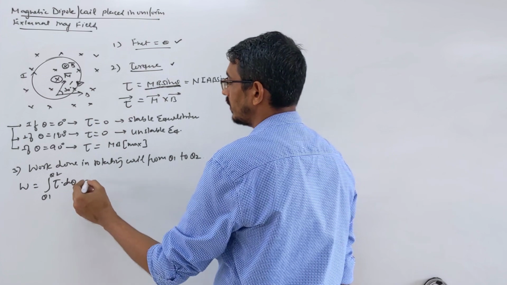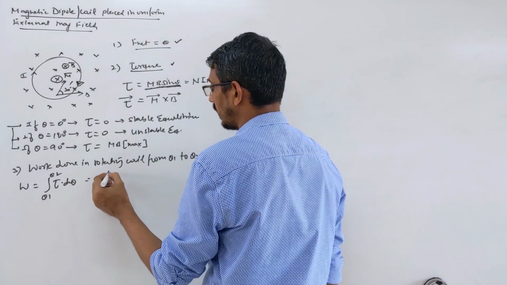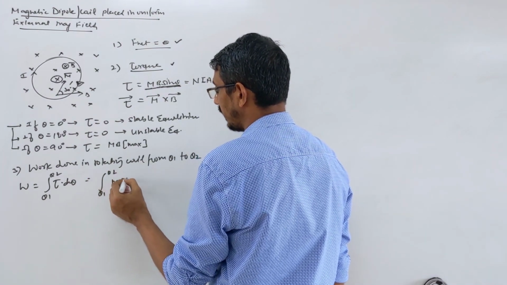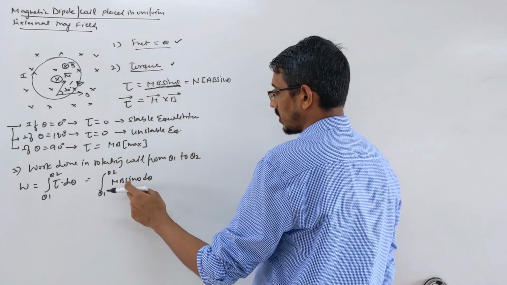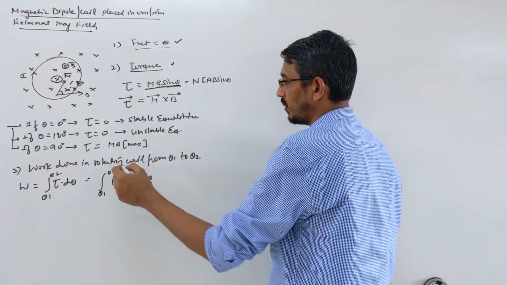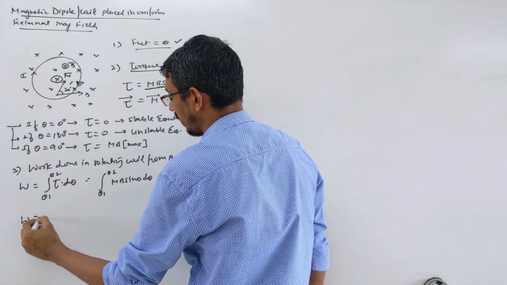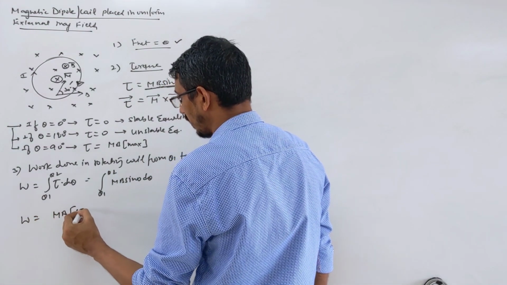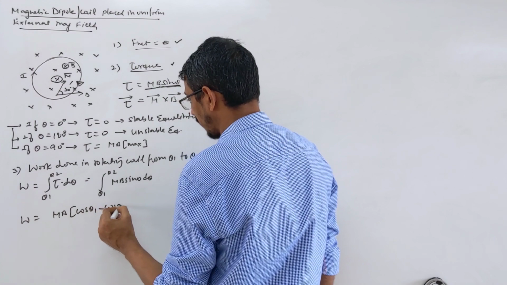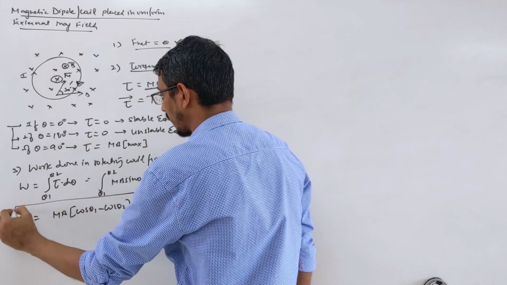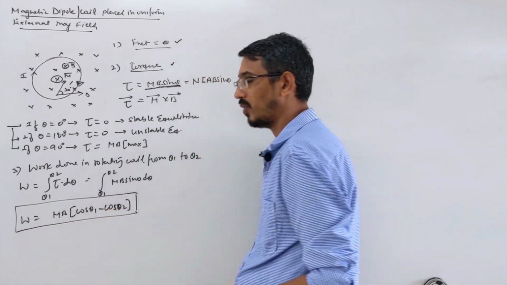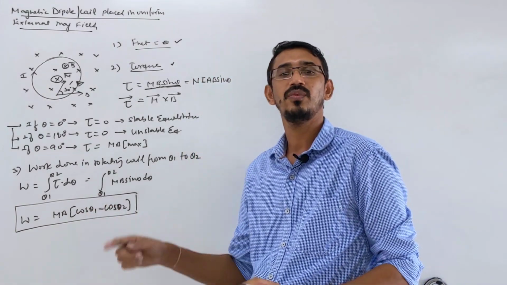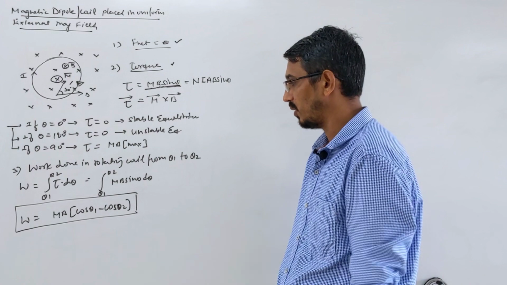Work done is equal to the integral from theta 1 to theta 2 of torque, which is mB sin theta, into d theta. The integration of sin theta becomes minus cos theta, then you put the limits, so this answer comes: work done will be equal to mB, and you take outside, cos theta 1 minus cos theta 2. That's simply the work done when you rotate a coil from some initial angle theta 1 to the final angle theta 2, how much work you will do, right?